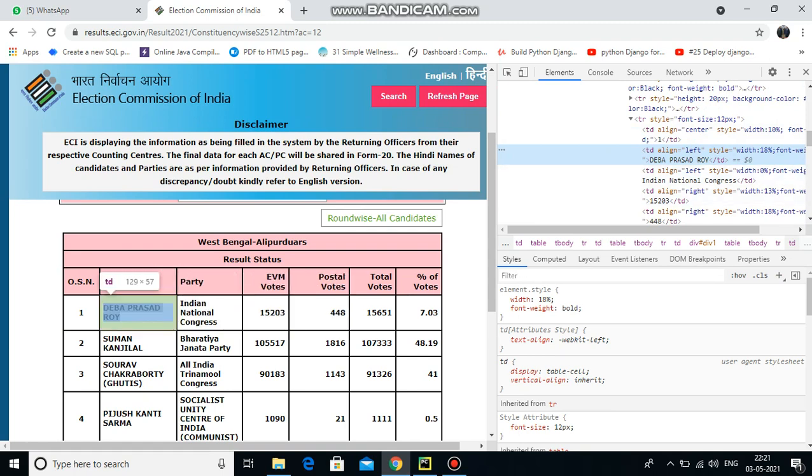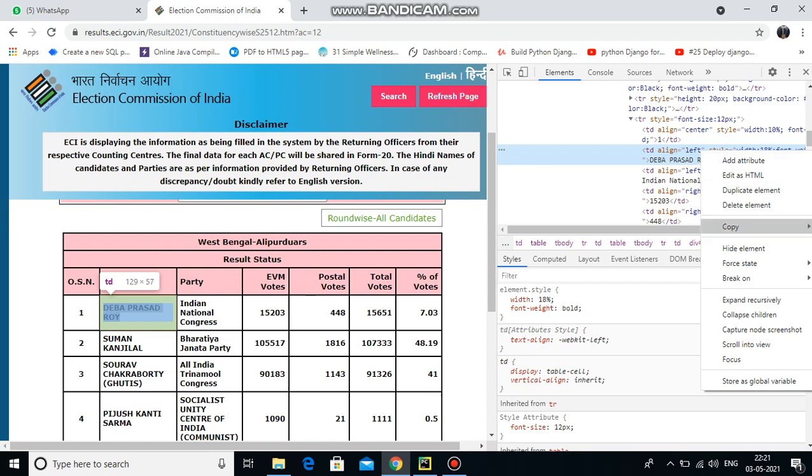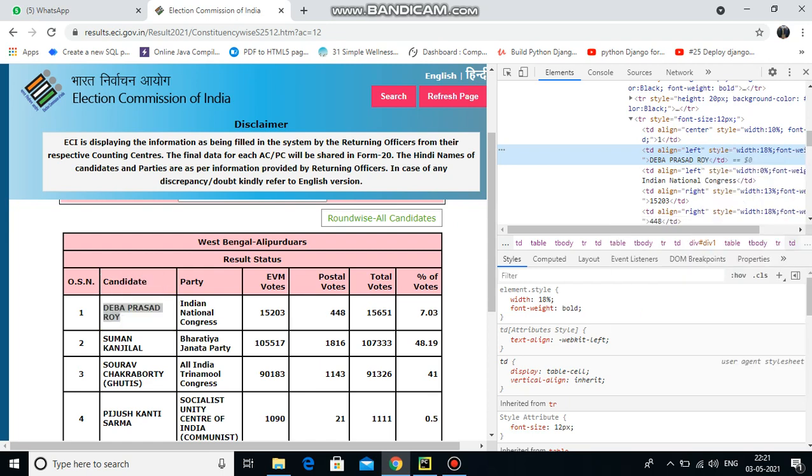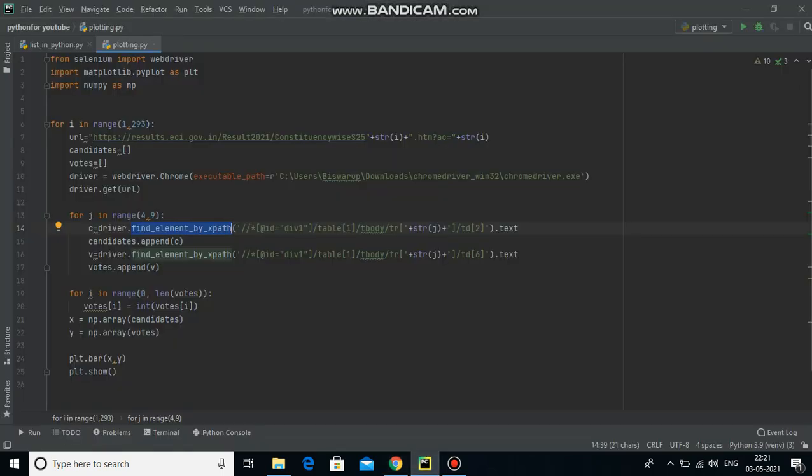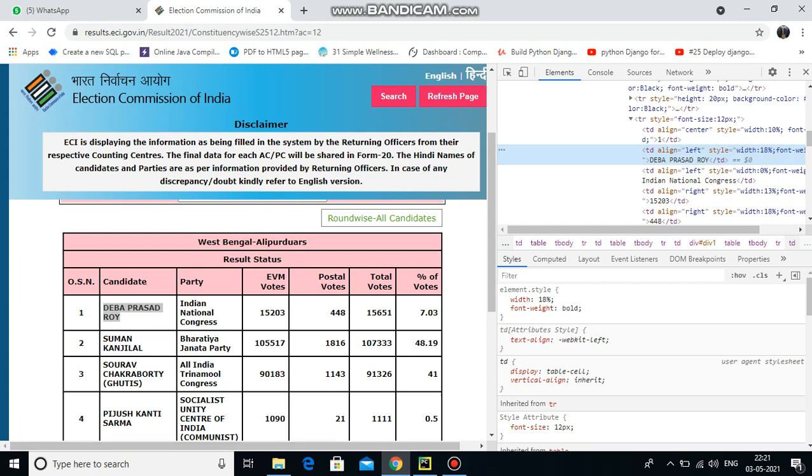I will just right click on it, go to copy, and copy the XPath. This way I can copy the XPath and just paste it over here. The same way I have copied the other data, that is the total number of votes.